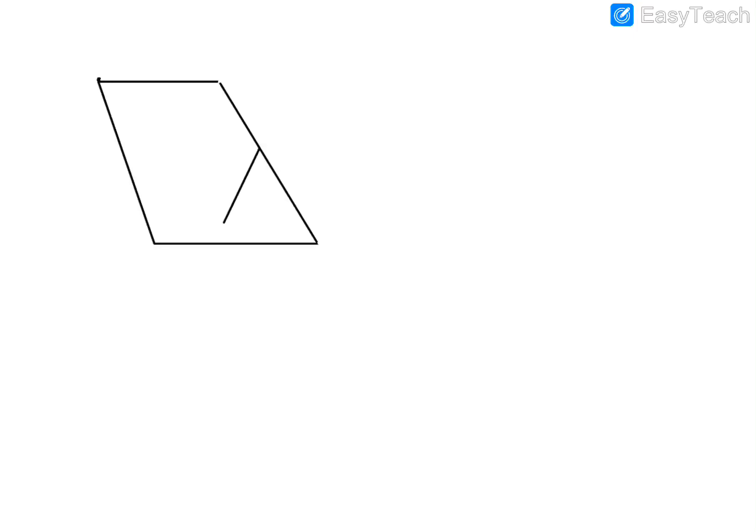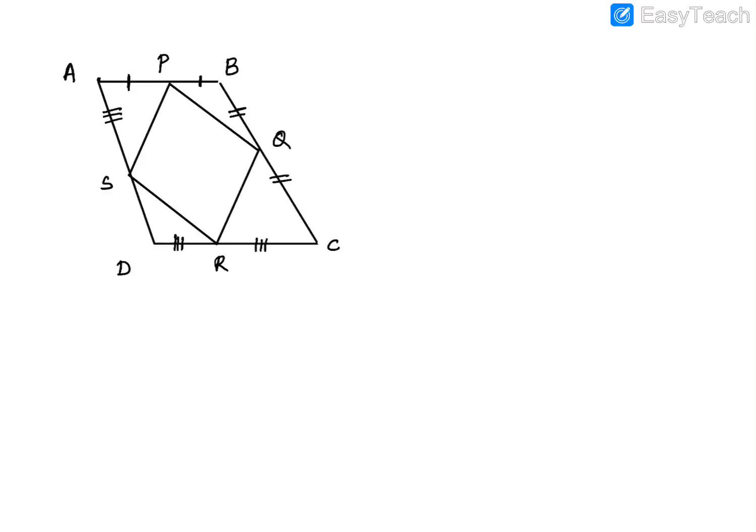Now from here to here, I'll just join all the midpoints. They're saying when you join the midpoints of the adjacent sides of a quadrilateral, the figure which you get now is what? It's a parallelogram. So see, we are given, let's say this is a quadrilateral ABCD. Then it is PQRS. You're also given that P, Q, R, S are what? Midpoints. So all these sides are equal. Remember, you have to write everything in the exam.